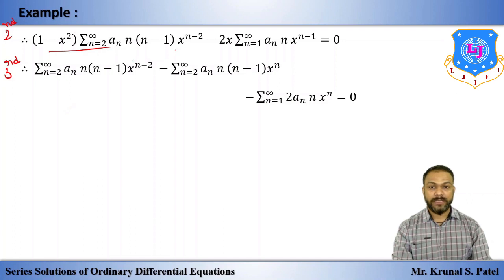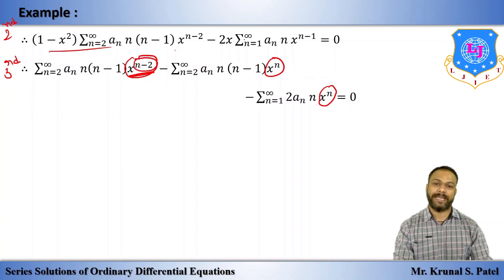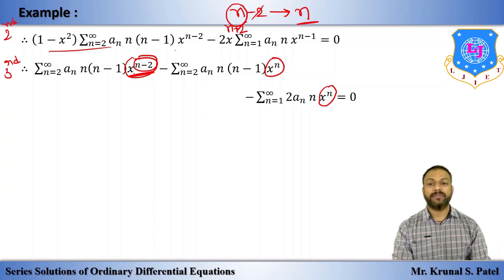So here you can see we have x raised to n minus 2 in the first term. In the second term we have x raised to n, and in the third term we have x raised to n. So these are the same. So now we will try to make this power n minus 2 into n. So we want to make n minus 2 to n. Okay, so what will we put here instead of n? So we can put n plus 2, so the 2 will be cancelled out. So we have n. So we will replace n by n plus 2 in the first term only,